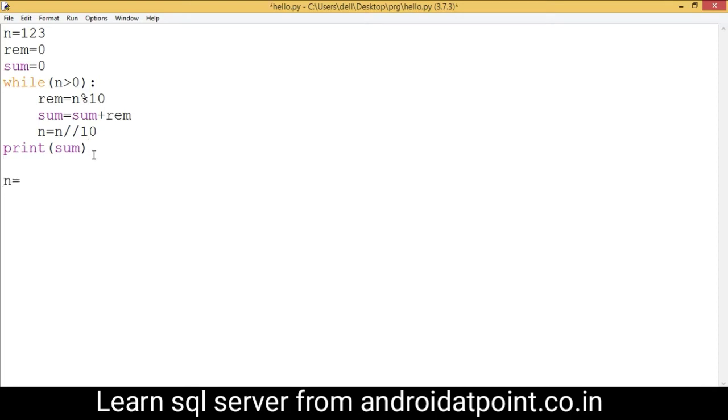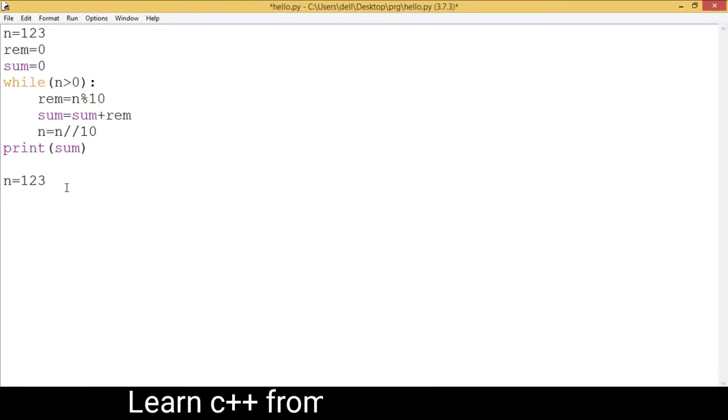First of all, the value of n is 123. So check the condition. The condition is true because 123 is greater than 0. The control comes inside the loop body, and n is 123 modulo 10, which returns the remainder. ram equals the remainder 3 after dividing n by 10, and the remainder 3 is assigned to the ram variable.